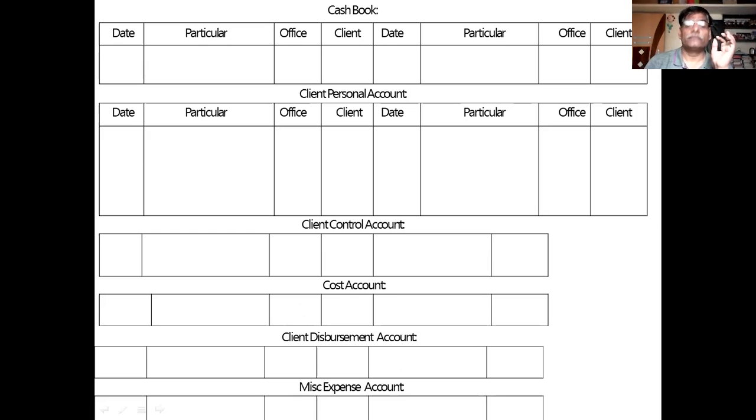Okay, you see here. First, I'll take the opening balance. Opening balance of the Rajan is 1000, that is to balance brought down. Okay, to balance brought down, 1000 you write. Clear, this is enough. Office column.